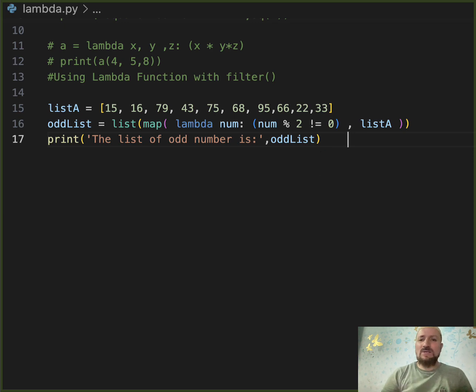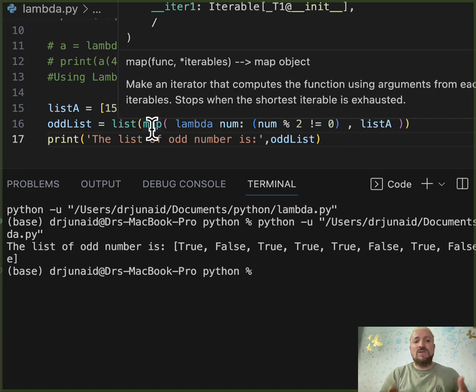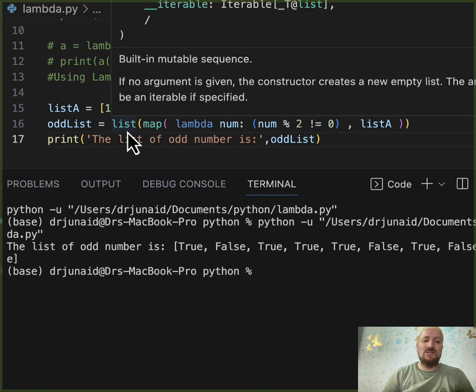तो अगर उसमें कमांड S करूँगा और मैं इसको रन करूँगा यहाँ पे, now you will see here the list of odd numbers here, it doesn't say the numbers 15, it says 15 is true, that's because it was odd, 16 was false because it is even. So जो even odd यहाँ पे आता है, मैप एग्जैक्टली वही रिटर्न करता है और लिस्ट उसको बनाता जाएगा,